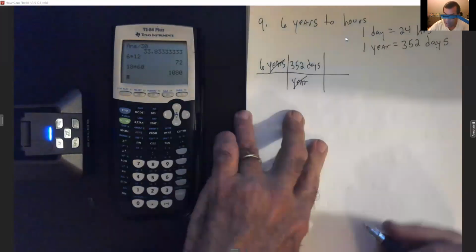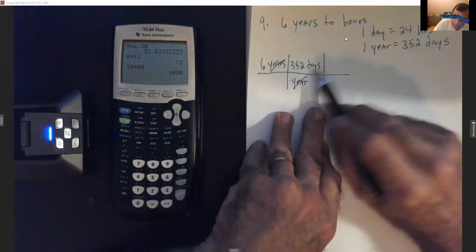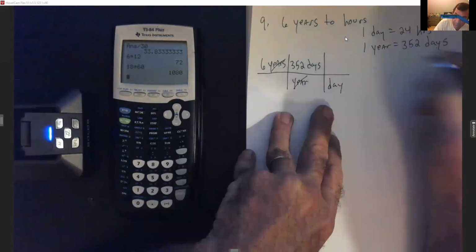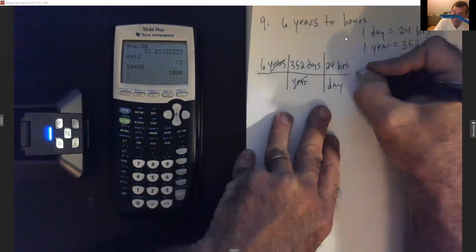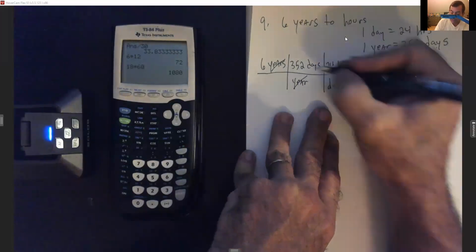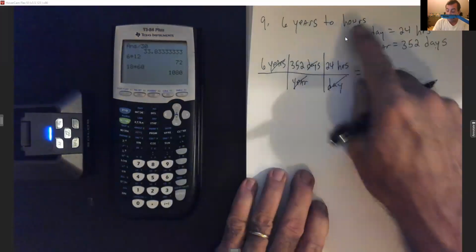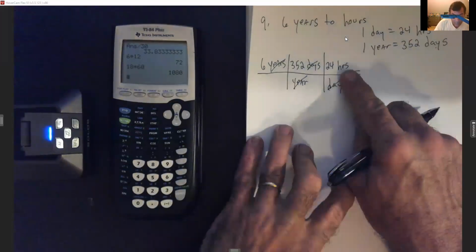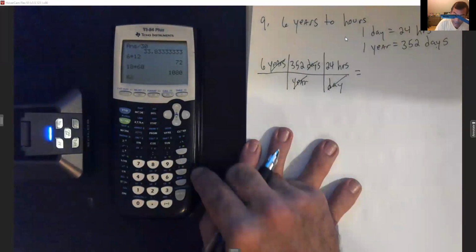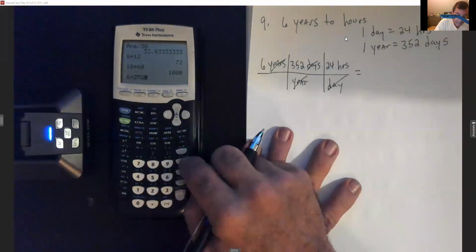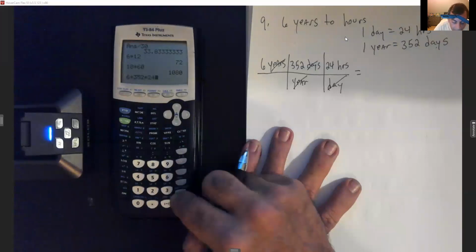Now I can go from my days to my hours, because for every 1 day, there's 24 hours. So that does it, right? My days cancel. I'm left with hours like they wanted. So since all these are on top, we're going to multiply 6 times 352 times 24 is going to give me